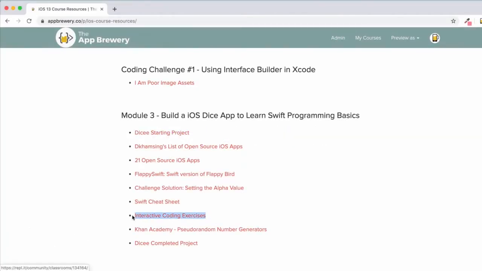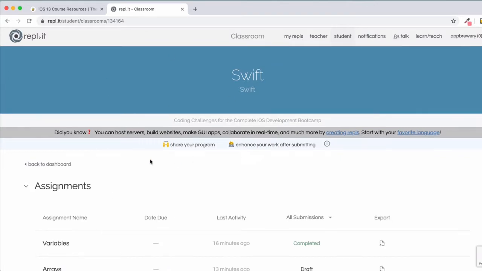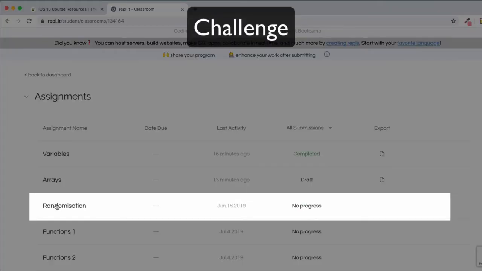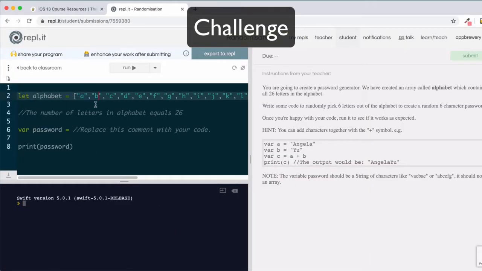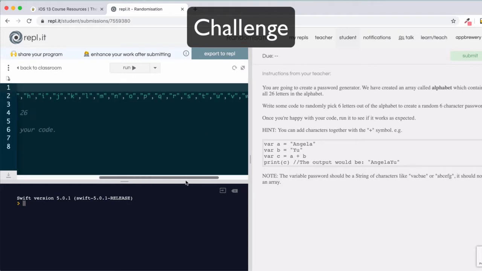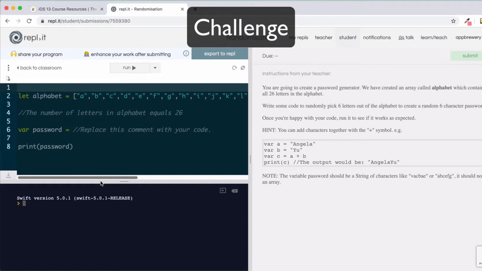Now that you're well versed with randomization and variables and constants and arrays, well, it's time for another challenge. And the challenge is to create a password generator. So here we've created an array which has all of the letters in the alphabet, and each of them are stored as a string, so with quotation marks around them. And there's a total of 26 letters in the alphabet. Now I want you to write some code to randomly pick 6 letters out of the alphabet to create a